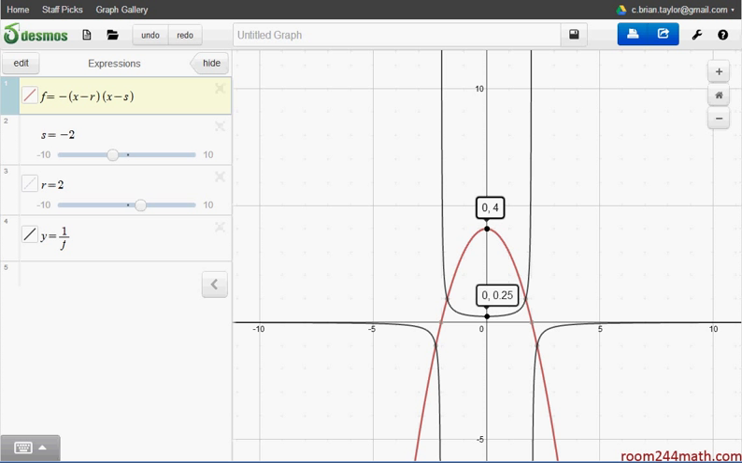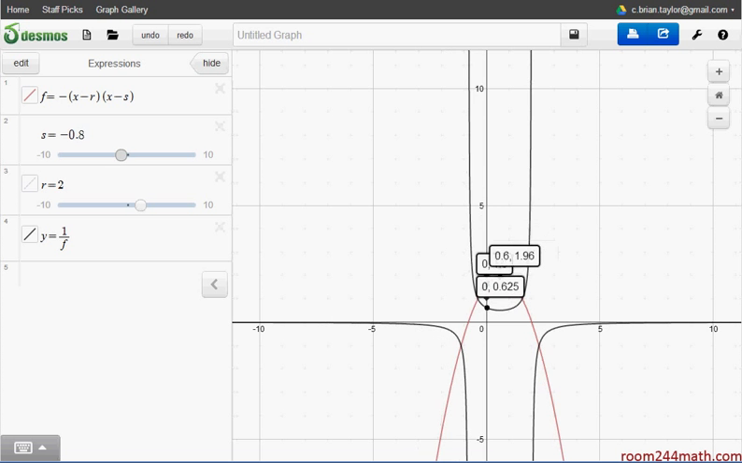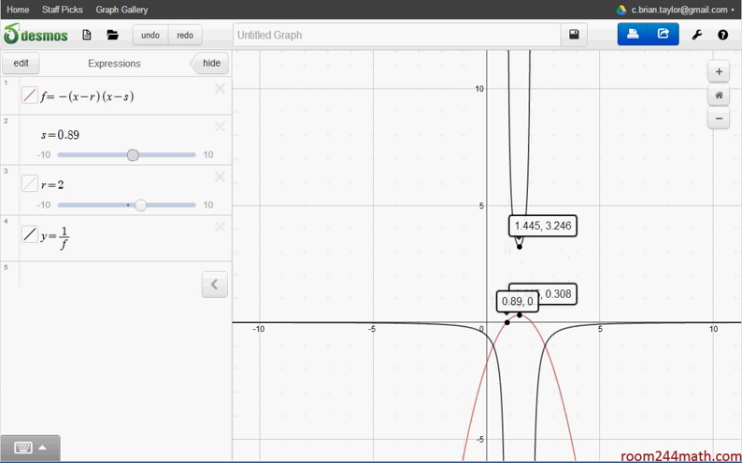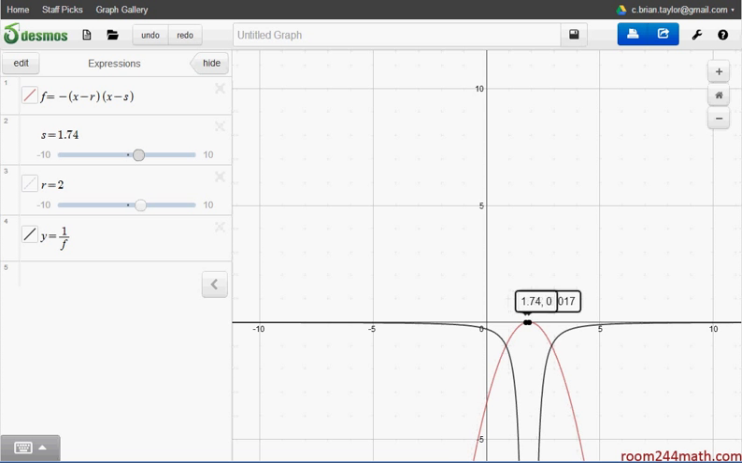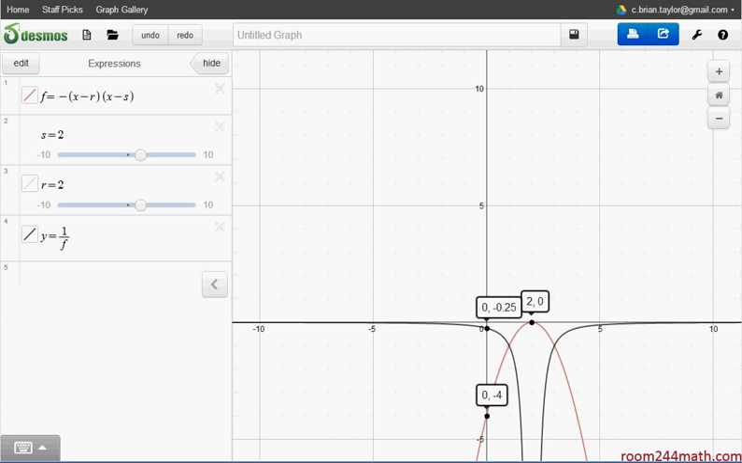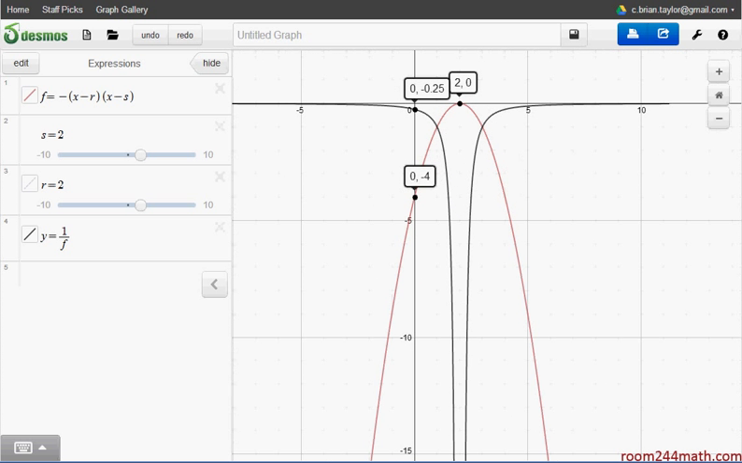All right, let's take a look at the case where we only have one y-intercept, and that will occur when the zeros are essentially the same. So if I move S here, the slider, over so that it is 2, you can see that this has a vertex at 2, 0. And so,